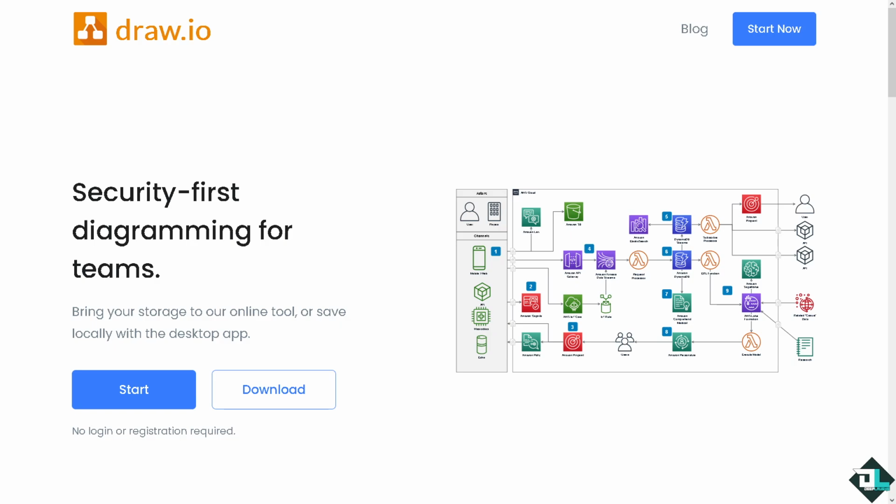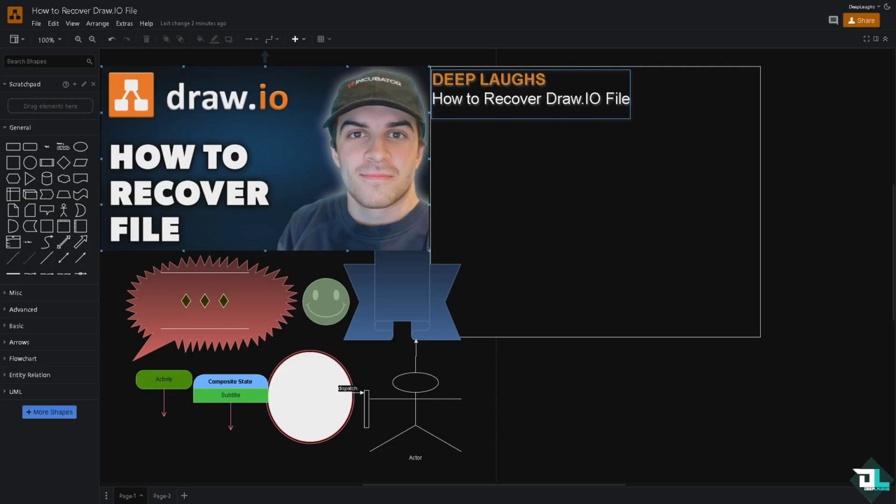In today's video, we are going to show you how to recover a lost or corrupted file in Droyo. Let's begin. Recovering a lost or corrupted file here in Droyo can be approached depending on how you save the